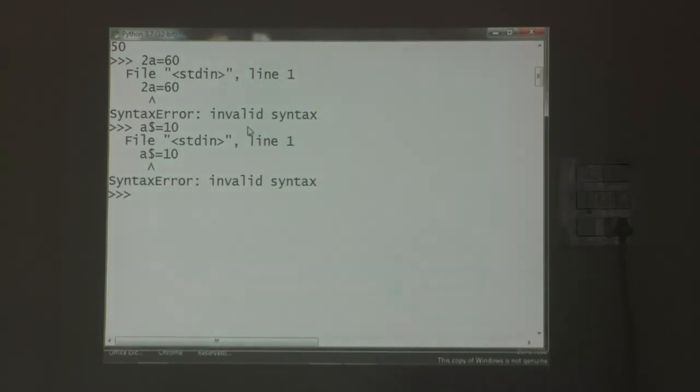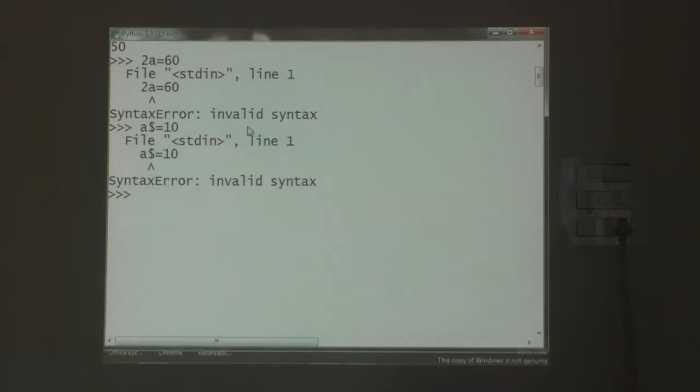Except the underscore, you should not use any special character for giving a variable name. $a is an invalid identifier because the dollar sign is not allowed in declaring a variable. You can use only underscore. Except underscore, you should not use any special character to declare the variable name.